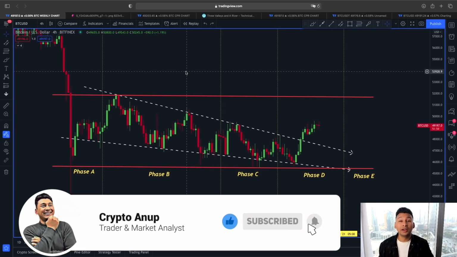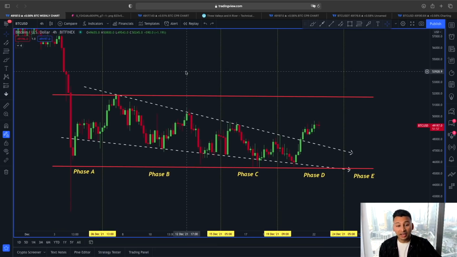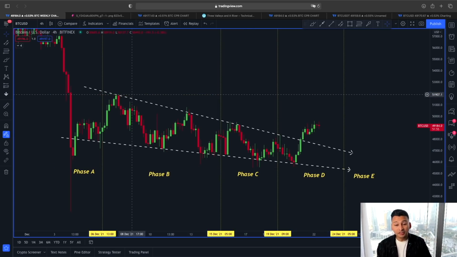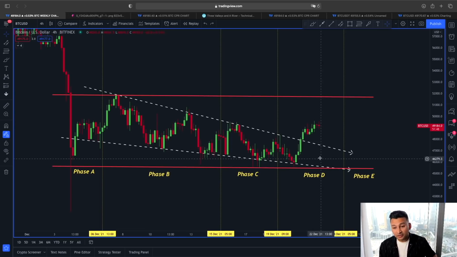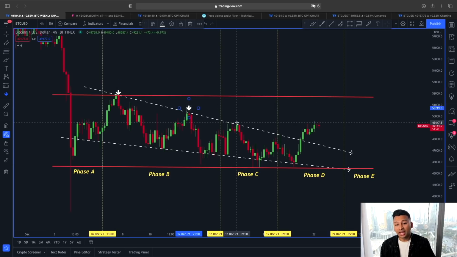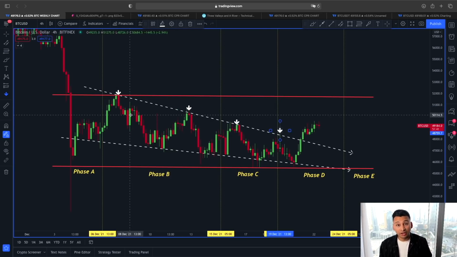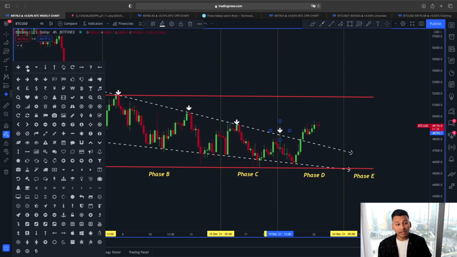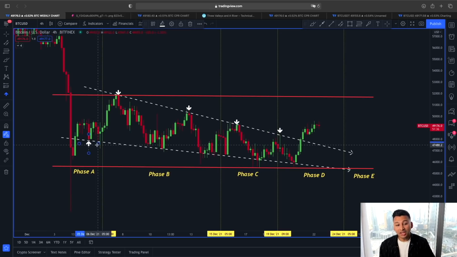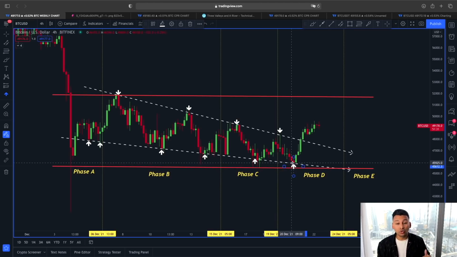Because we are aware, in my video I made it very clear. If we look at this price action, since many were talking about this falling wedge, what I did was I added this Y curves accumulation phase inside this falling wedge, because according to the falling wedge, we are clearly aware the upper line here was an extremely important line of resistance, and the lower line was an extremely important line of support, because with each and every price retracement, whenever we reached the lower line of this falling wedge, we had a really nice support. But in this case, since the price of Bitcoin has broken out of this upper line